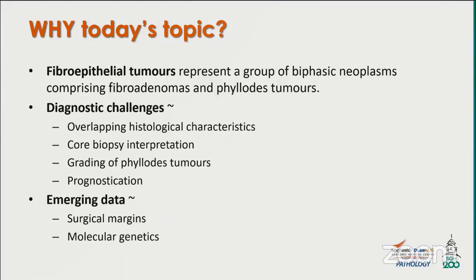Well, they represent a group of biphasic neoplasms comprising fibroadenomas and phyllodes tumors, which pose diagnostic challenges from their overlapping histological characteristics in core biopsy interpretation, how grading of phyllodes tumors is done, and the impact on prognostication. There is also emerging data on how to approach surgical margins for breast phyllodes tumors, as well as information on